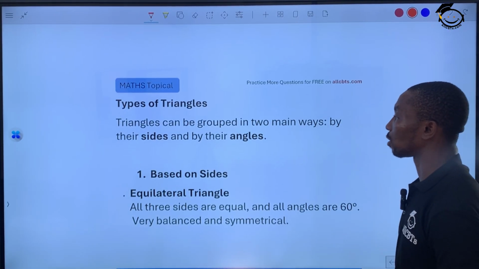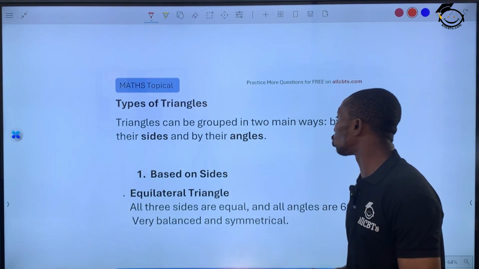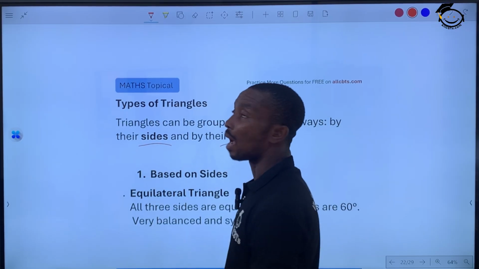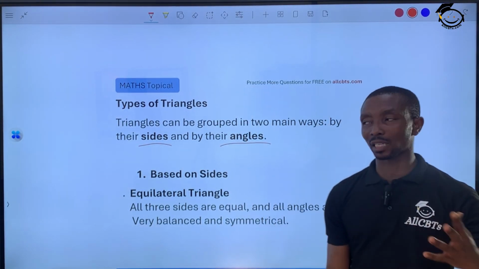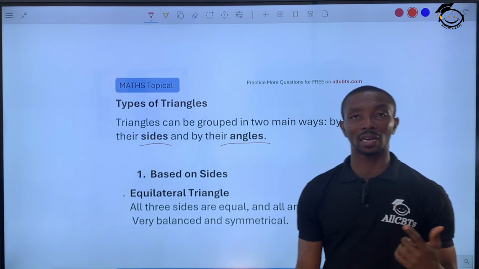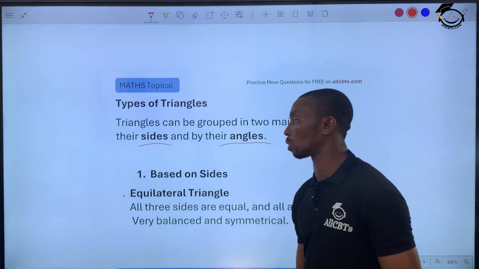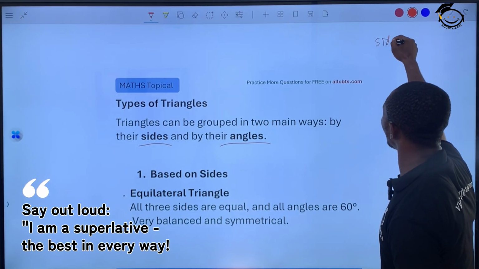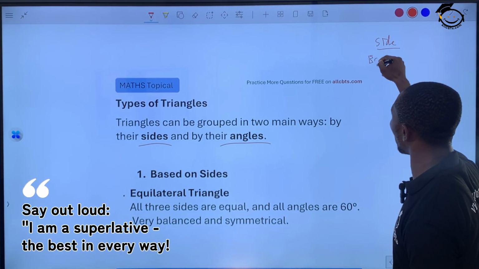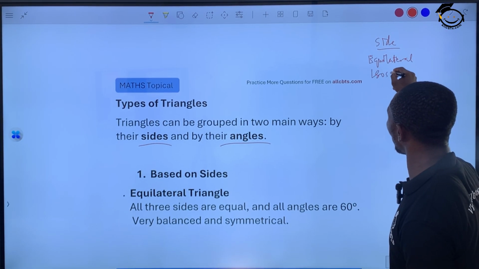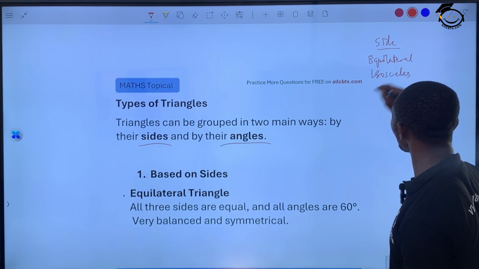Now, types of triangles. Triangles can be grouped into two main ways: by their sides and by their angles. Alright, now if we look at by their sides, we have 3 main types of triangles, and if we look at by their angles, we also have 3 main types. Now, by the length of their sides, we have the equilateral triangle, we have the isosceles triangle, and we have the scalene